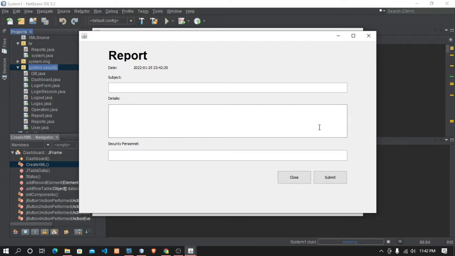So we'll try to create a sample. So we'll have our report regarding the robbery accident,